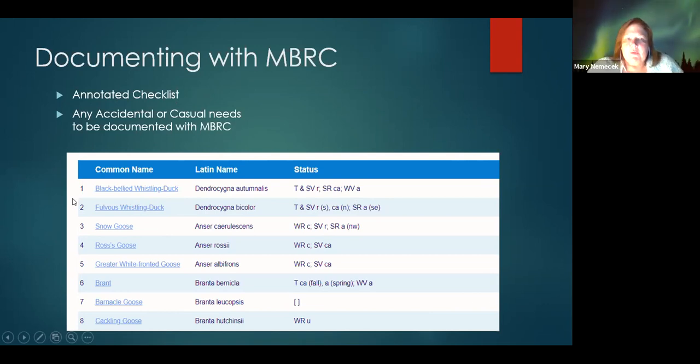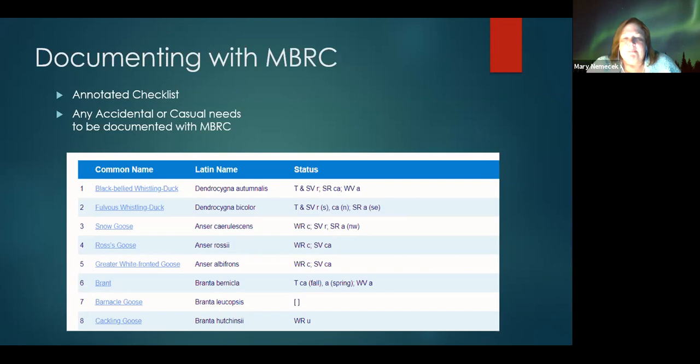So black-bellied whistling duck, winter visitor, it's A, which means accidental. If something has an A or a CA, which means casual, it means there are fewer than 15 records in the state. The bird will probably require documentation with the Missouri Bird Records Committee, and that is a really good observation. If it's got rare, it's not necessarily unexpected, but not seen very often.